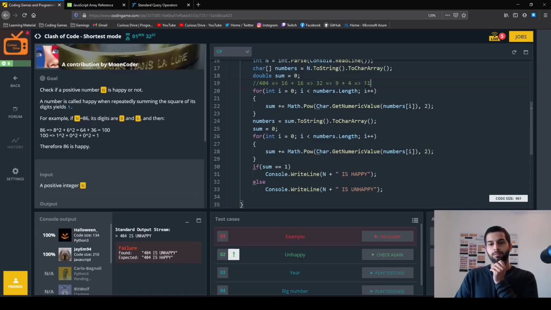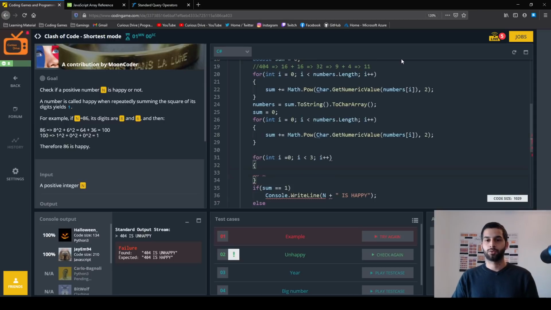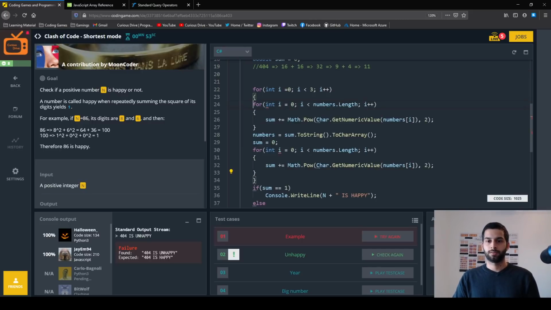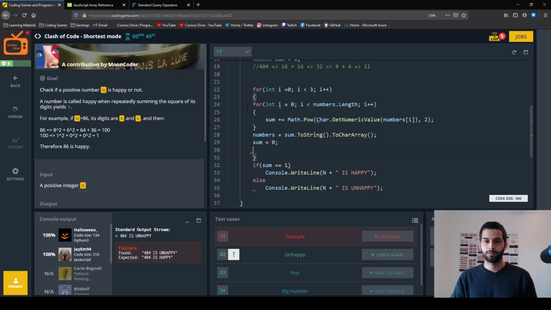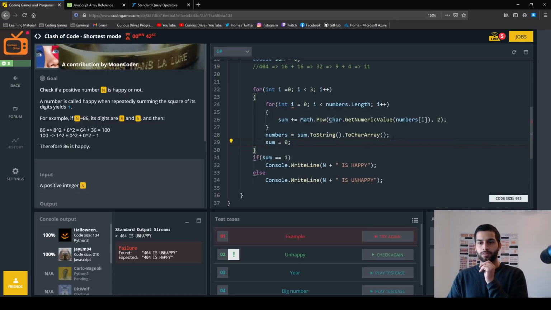So should we check if the counter goes more than 2, is that what they want us to check? So let's say I do this for int i equals 0. I don't think I have enough time for this, but I'm going to try doing that. i++, and I want to loop through this twice. And I'm going to cut that and paste it here. The statement is definitely confusing. And then I want to set the numbers to this and check